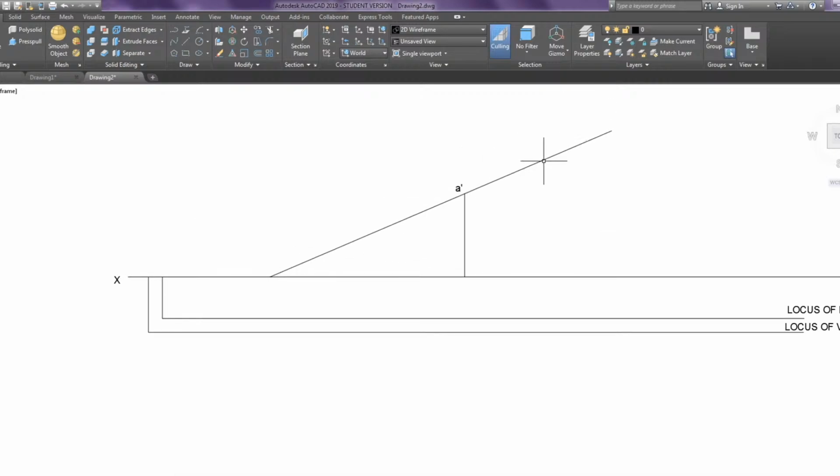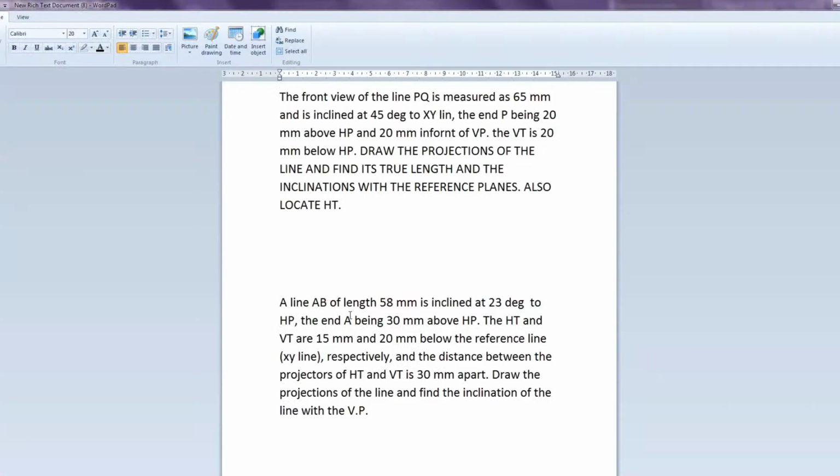We know that this is actually the true length. That's not the actual front view. So what we need to do here is, first we need to find the